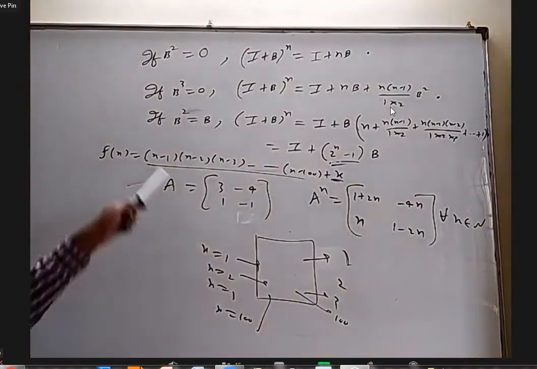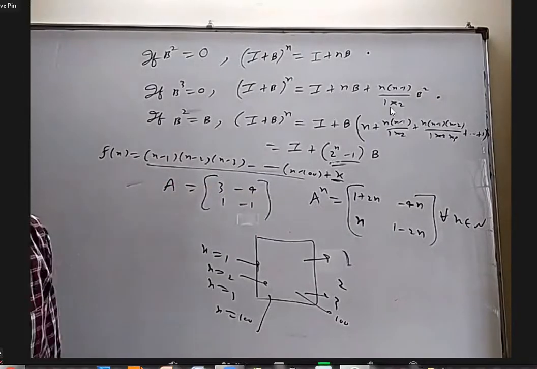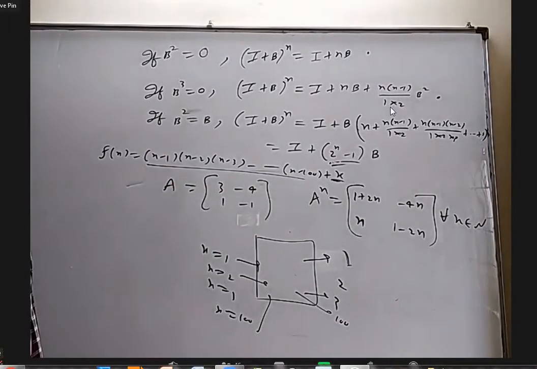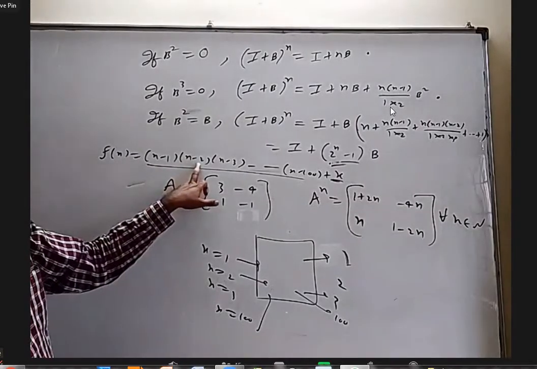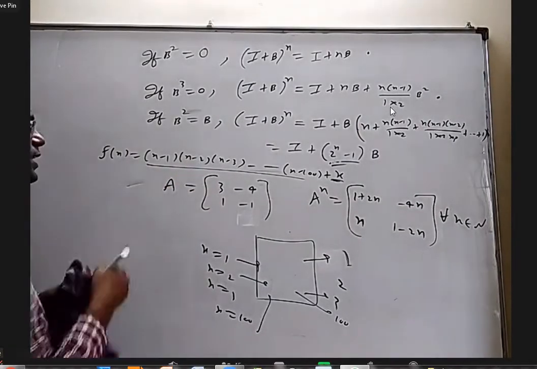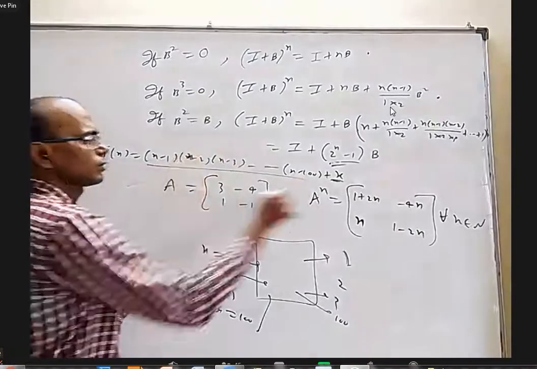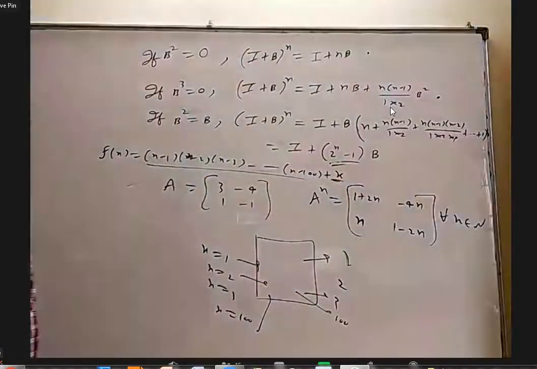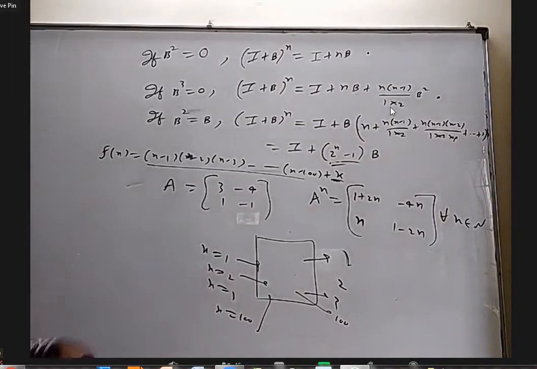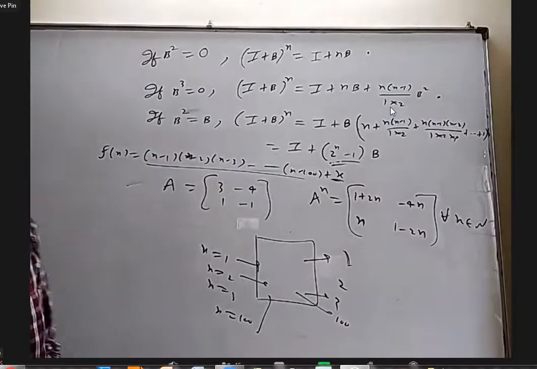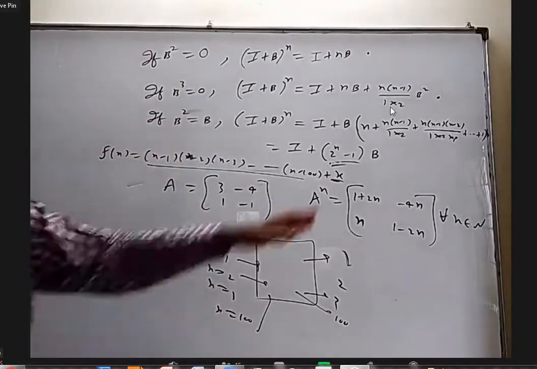Okay. If I put x equal to 2, what will happen to the answer? 2 only. You see, this is x minus 2. This will become 0. Here 2. The answer will be 2, na? Yes, sir. When I put x equal to 3, what is the answer? 3, sir. Okay. So because I gave you the function, it is very easy for you to say, 1 to 100, anything you put, the answer will come that number.